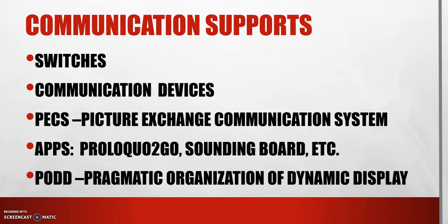There are a variety of switches under communication supports. There are switches that will have a one message recording on it, or switches that have multiple levels of recordings on it. We also have switches, they come in small, medium, and large, where you just touch the switch to activate something. So another support under communication is devices themselves, and examples include like a Dynavox or Tobii, a GoTalk,